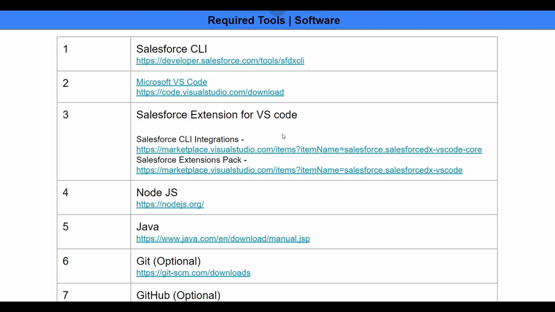All the software we're going to talk about is freeware. Everything is open source and freeware. You can just go to the link and download based on the operating system that you have, Windows, Unix, etc., or Mac. So you need Salesforce CLI, which is the command line interface. You also need Microsoft VS Code. We will use the Microsoft VS Code editor for doing Lightning Web Component development. To ease Salesforce Lightning Web Component development, Salesforce has created an extension for VS Code, which you can directly install